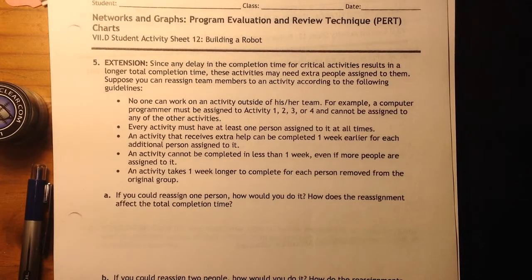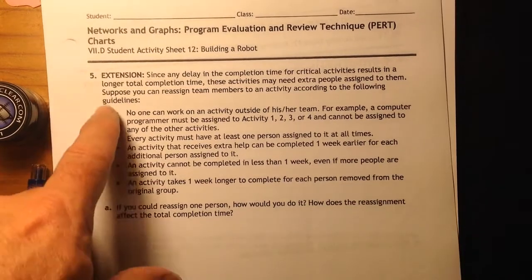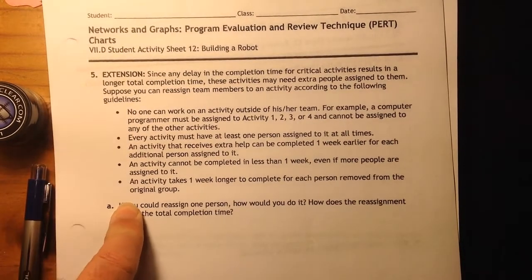All right? And then the last bullet point here: an activity takes 1 week longer to complete for each person removed from the original group. So if you're going to take people off of one job to put them on another job, when you do that, it will slow down the project that you take people off of, and it'll speed up the project that you put people on. Okay? So, with all that in mind, with those 5 stipulations in mind here,